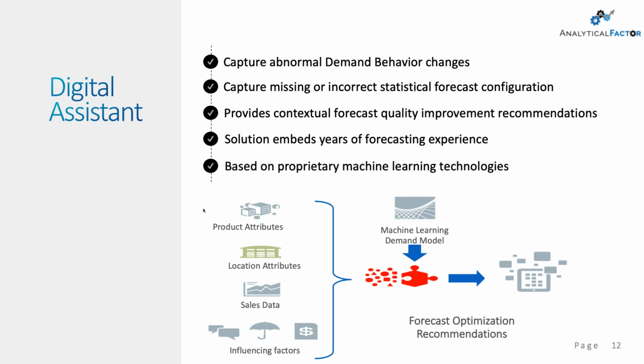So basically, the digital assistant is, in a way, what we do in tuning as humans, in an automated way. It consists of two parts. One, it finds the alerts and looks for different patterns. That's the machine learning part. It's looking into different patterns of behavior, different challenges that we usually look at as humans when we do tuning, and then presents them to you as an end user in a meaningful way and as simple as possible.